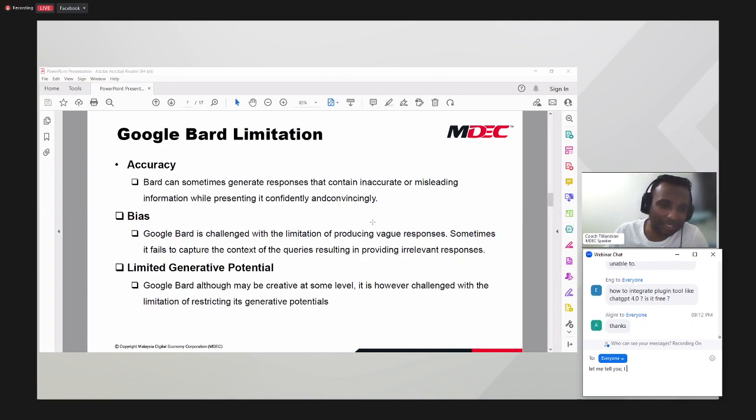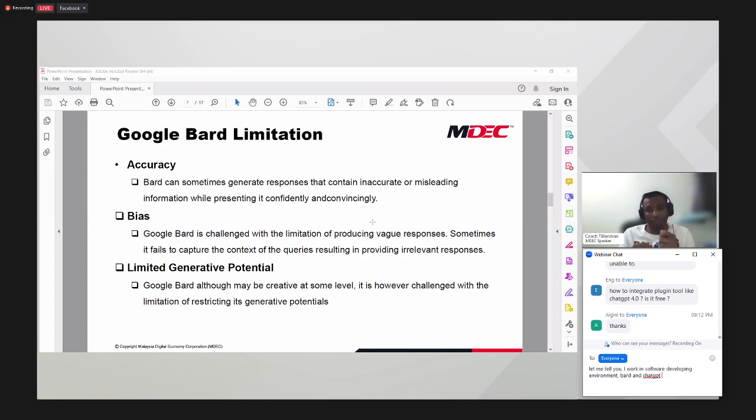Betul. Dia belum sampai lagi tahap prediction. Okay, interesting. Googlebot is able to provide me the source. Just the referred as a yes, correct, exactly. Okay. There's a point from Celine Dominic. Okay. Di mana she mentioned that Googlebot is able to provide sources they reference where else ChatGPT is unable to. That's a very good point though.